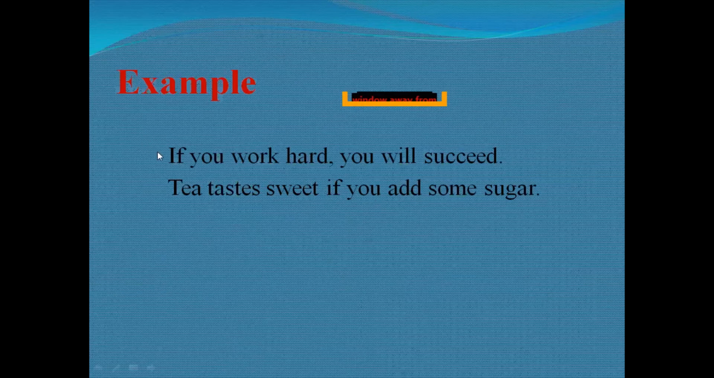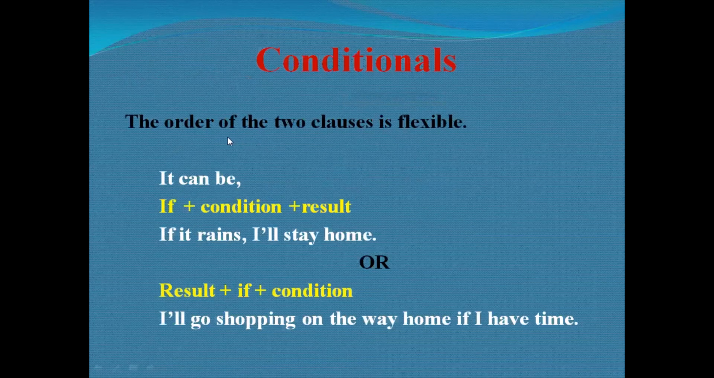As you can see, the structure is flexible. It is not a compulsion that you start your sentence with the subordinate clause and end up with the main clause. You can start with the main clause and end up with the subordinate clause too. So this is what we have discussed. The order of two clauses is flexible. It can be subordinate clause plus results, or the result comes first and then comes the condition, right? The only difference